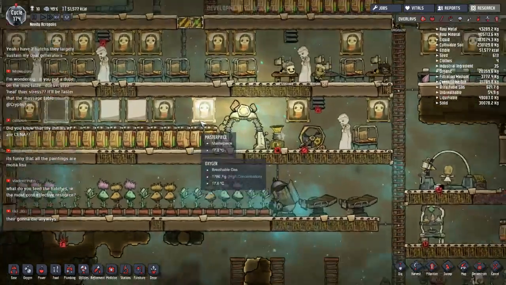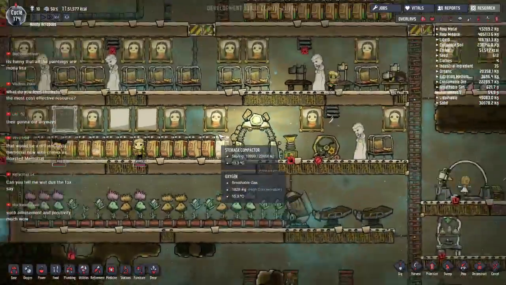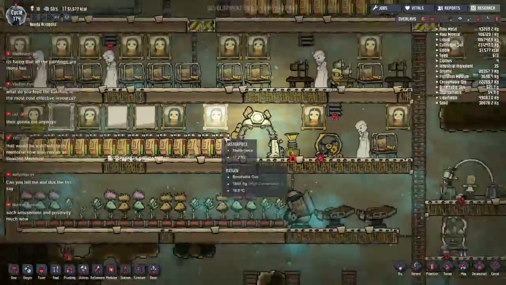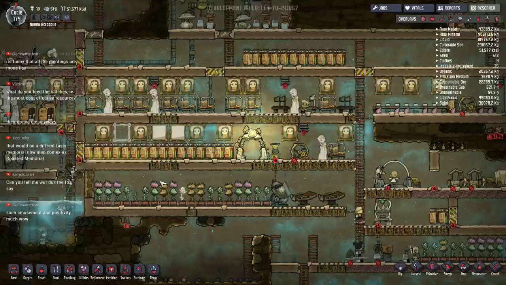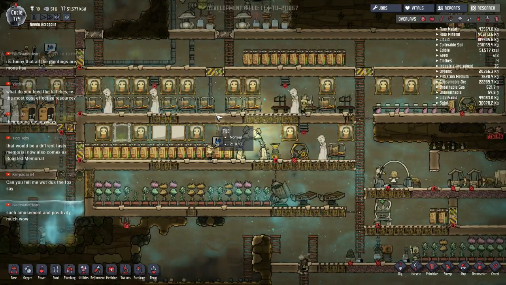Yeah, all the paintings are like the duplicate version of Mona Lisa. Aw, how cute. Hopefully they're going to put in some more painting varieties, because just having one is a little lame. Well, I mean, they have the other one they can do that looks like a stick figure, but...